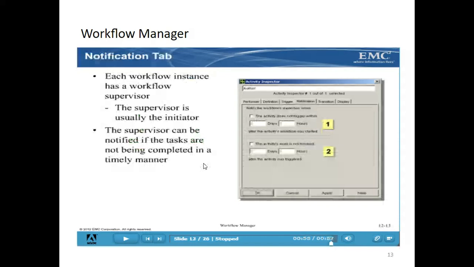And next is the notification tab. Every workflow has one supervisor. If there is some problem with the workflow instance, the notification will be triggered to the supervisor. The notification can be triggered within hours or days, and those settings you can define here.